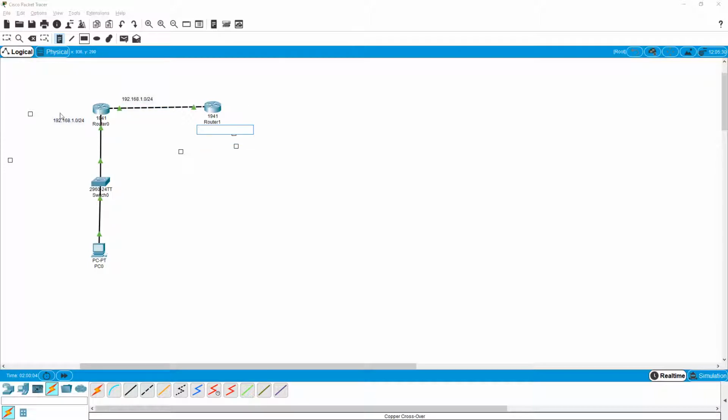Look, both are the same. This is not possible. This is not possible.